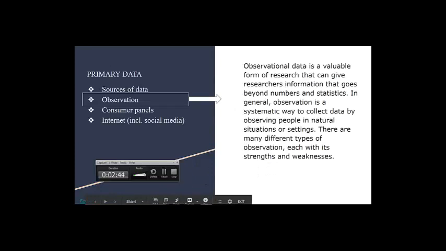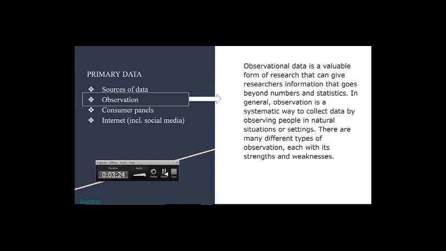It's important to note that observational data is also a form of primary data, and observational data is a valuable form of research that can give researchers information that goes beyond numbers and statistics. One mistake that people sometimes make is to think that statistics, tables, graphs, numbers are the only sources of data or information that we can interpret. But that is a limited way of looking at it, because in society, observational data is also primary data that is very useful and can back our arguments or our claims,